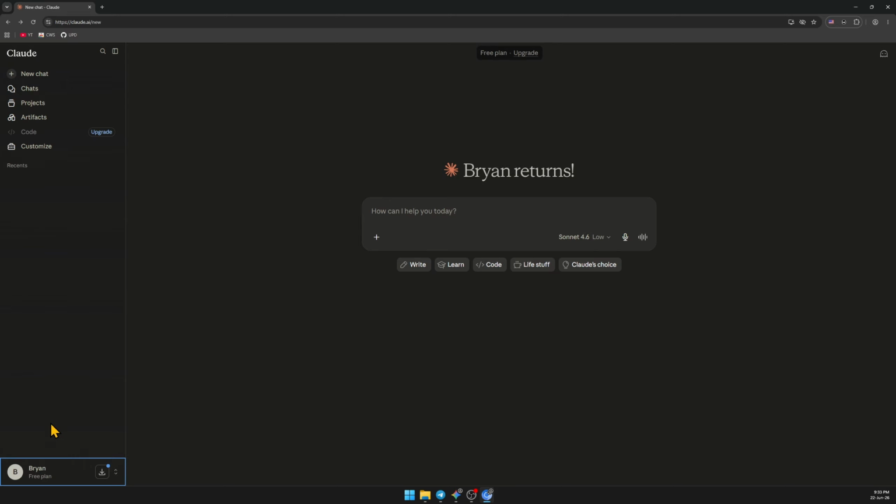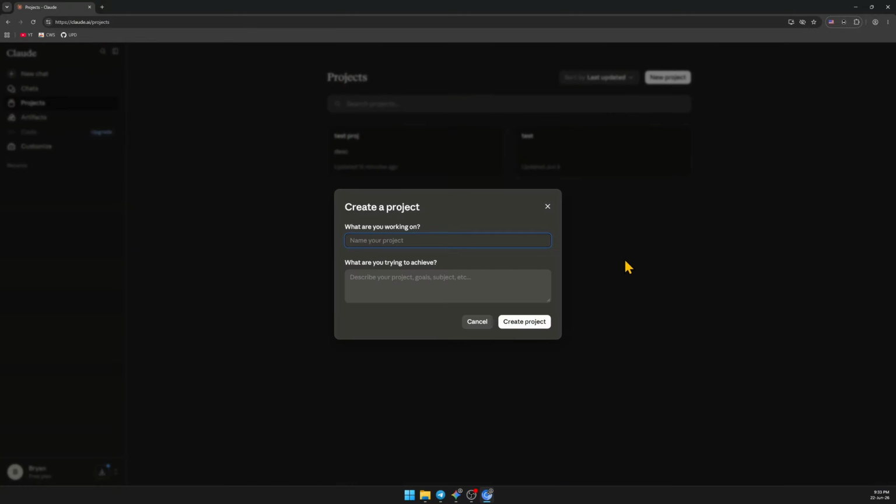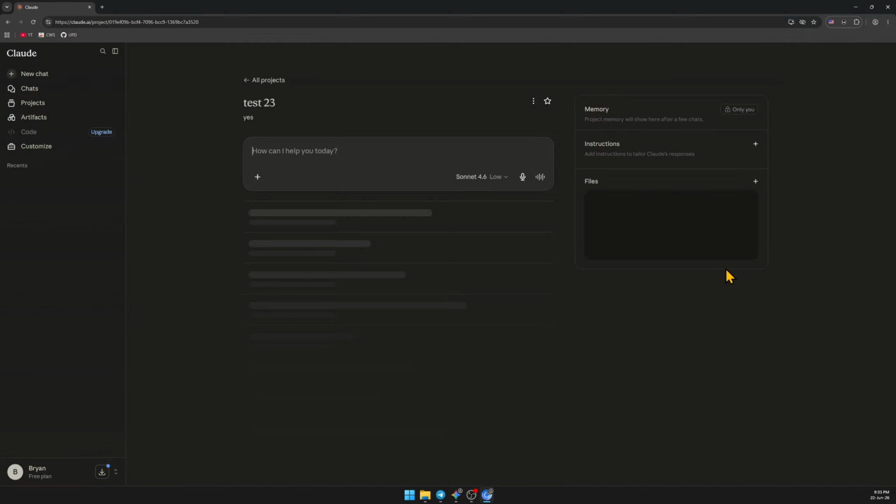So look at your left-hand sidebar and click on projects right over here. You'll notice that I have some already here. Then click create project or new project. Give it a name and of course give it a description. Create project. And then once inside your new project ecosystem, shift your eyes over to the right sidebar and you